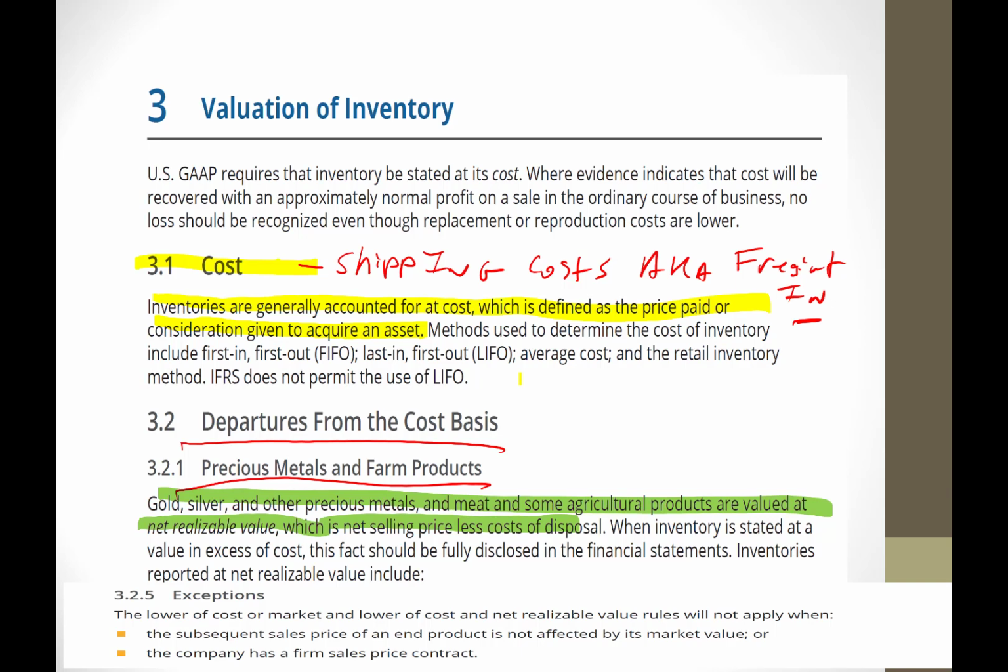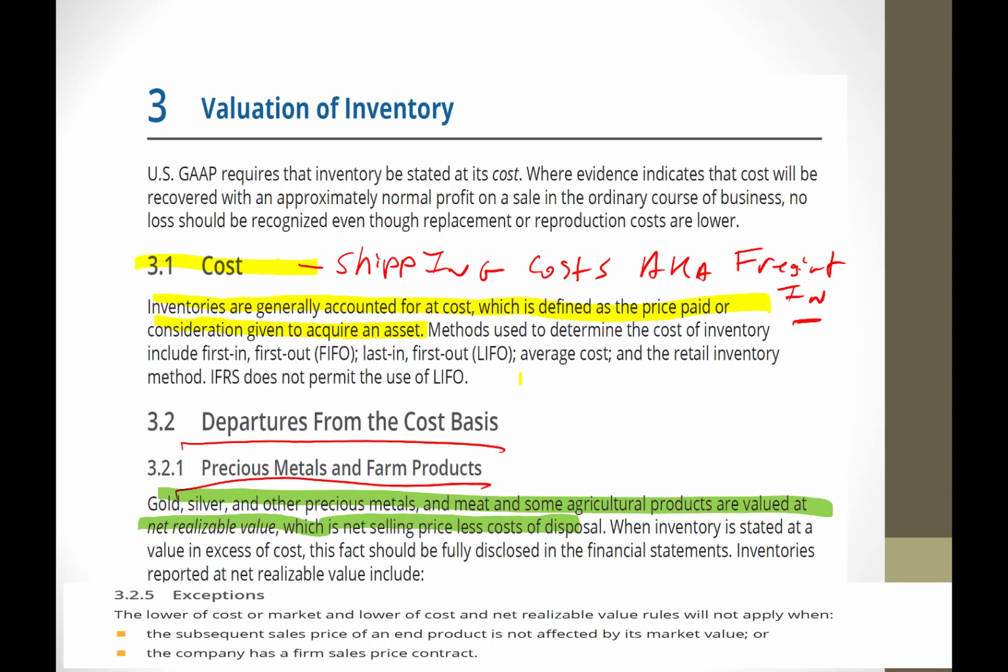That's right. Now, in the case of the precious metals, I'm going to carry it at that higher net realizable value. So I'm not considering storage cost there. I'm considering what I could sell it for after I've incurred any cost to get it to where I can sell it. So if I'm actually storing the inventory, I'm not going to add that to the cost. That would just be some sort of operating expense at that point, because I'm acting as though I'm going to be able to sell it at that higher price.